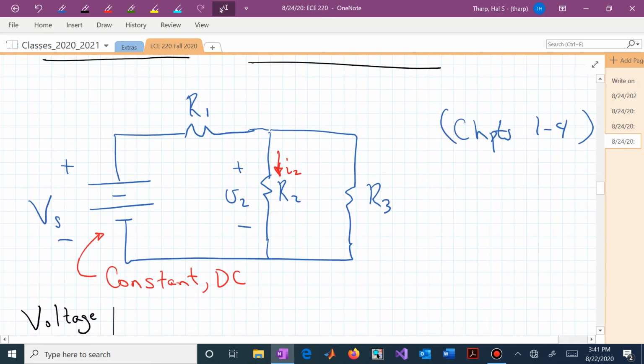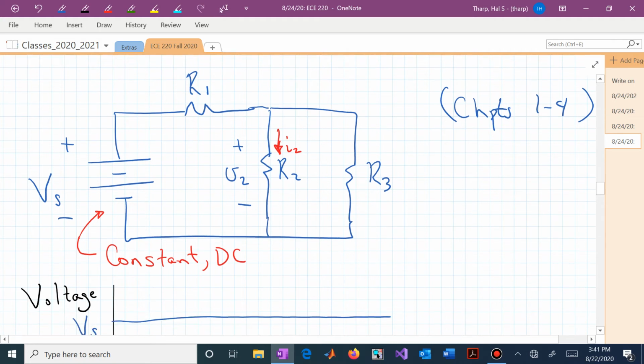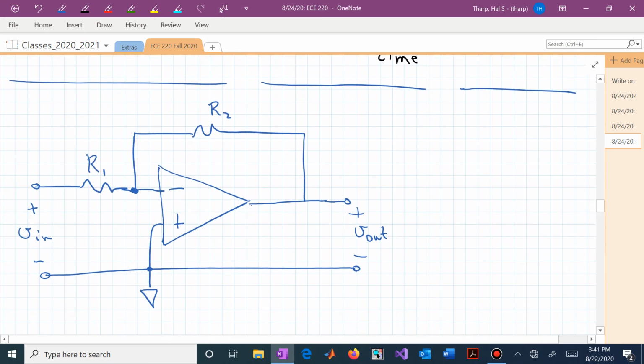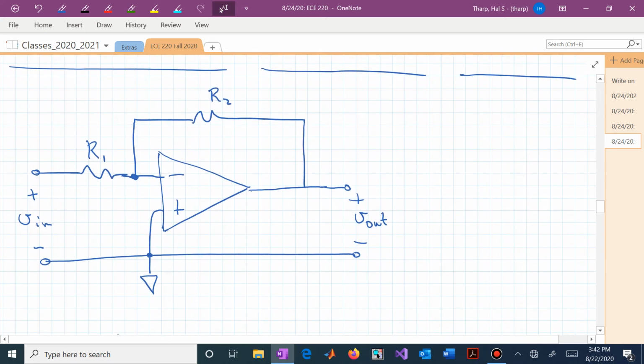We want to now be able to analyze such circuits that are interconnected resistors and constant voltage sources. We then move into chapter 5, which allows us to introduce another circuit diagram, this triangle, that now has plus and minus labels associated with it, or the plus, the non-inverting input terminal, the minus, the inverting input terminal. What's typically not necessarily shown is this operational amplifier